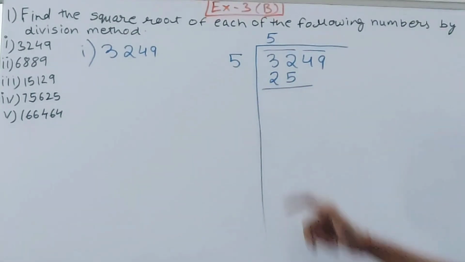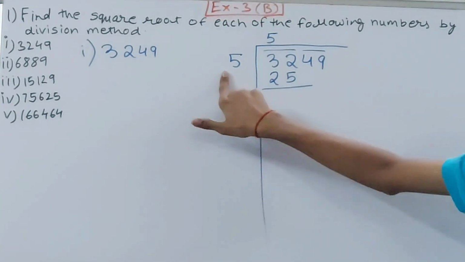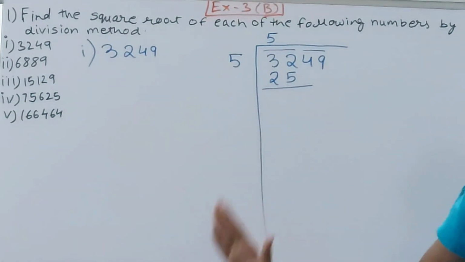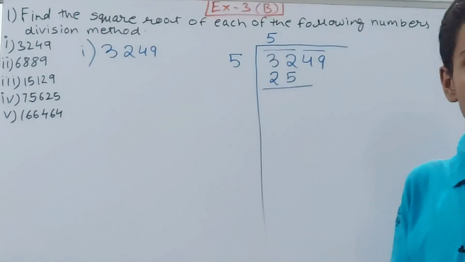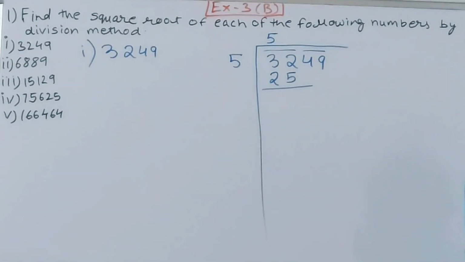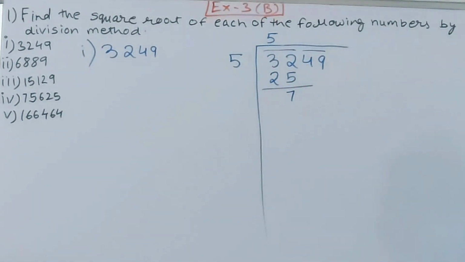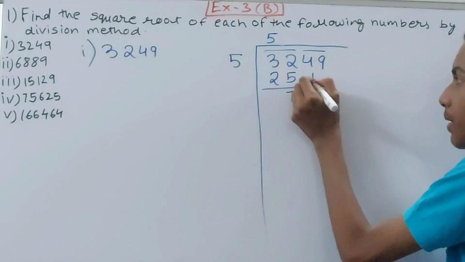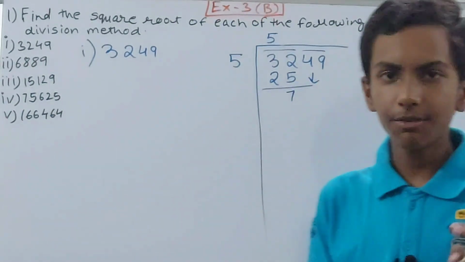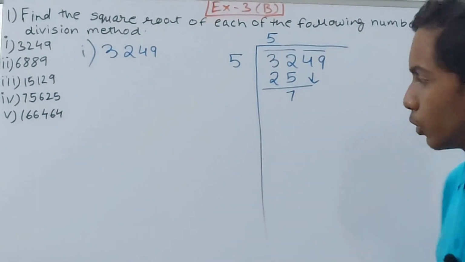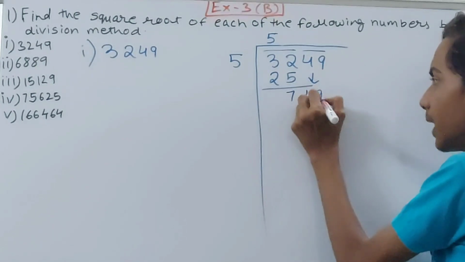right? So if I have written 5, then we will square that number. If any other number has come, then again we will just multiply it by that number that we have written over here. So 7 will be left. And the next step, we will bring this pair down, the second pair that we have made, 49. So let us bring this 49 down,